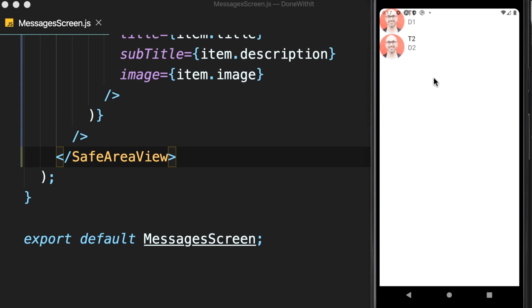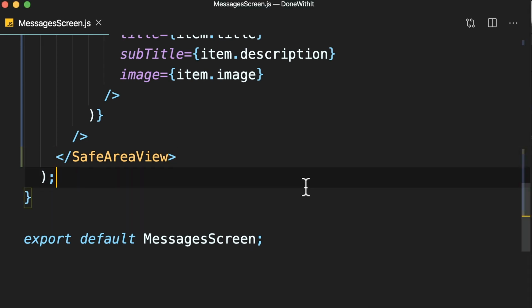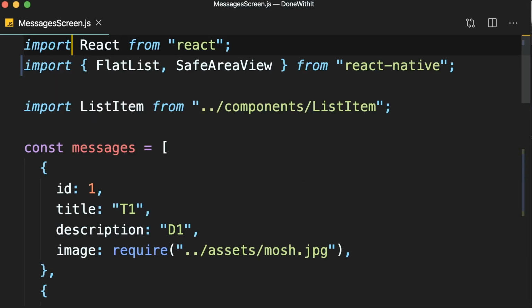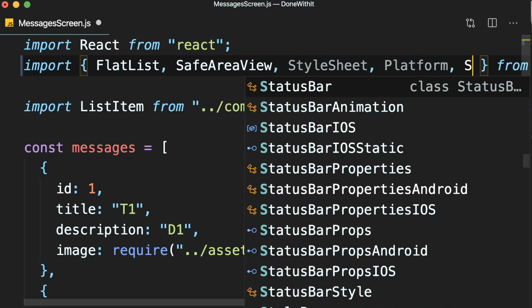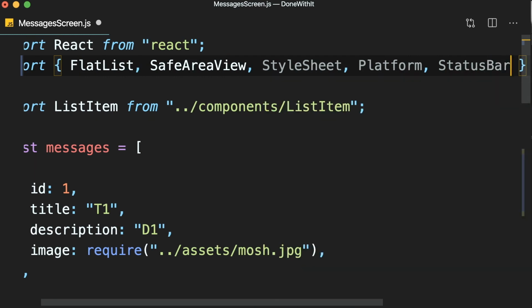To solve this problem, I showed you a technique before. We can use the platform API to detect the current platform. And if it's Android, we can apply some extra padding on the top. So let's review that real quick. First, we go to the top and import the style sheet module, as well as the platform and status bar APIs. Okay. Now down the bottom,